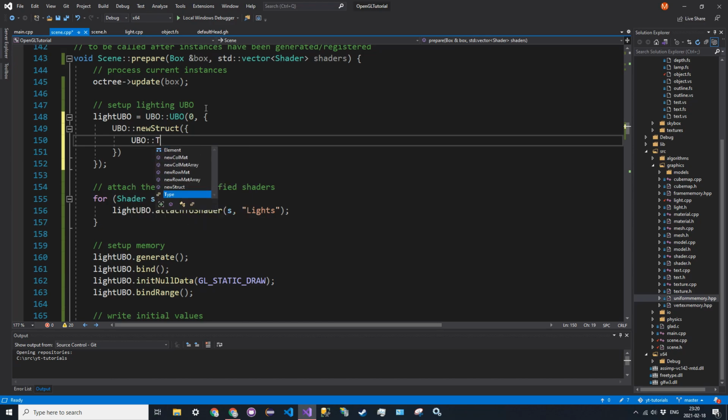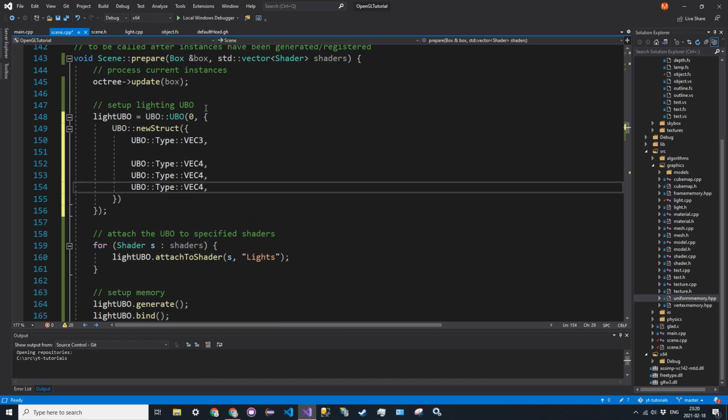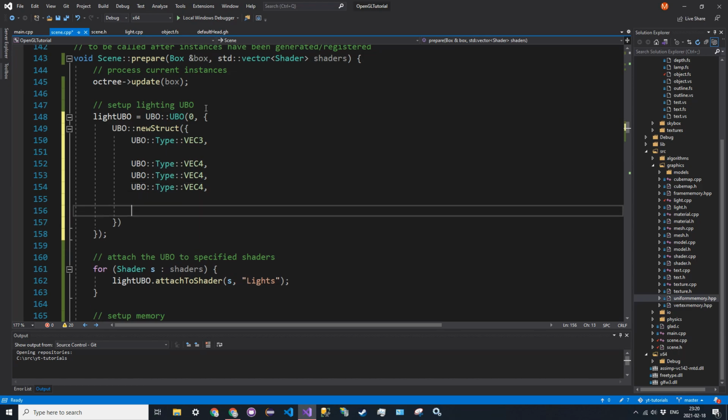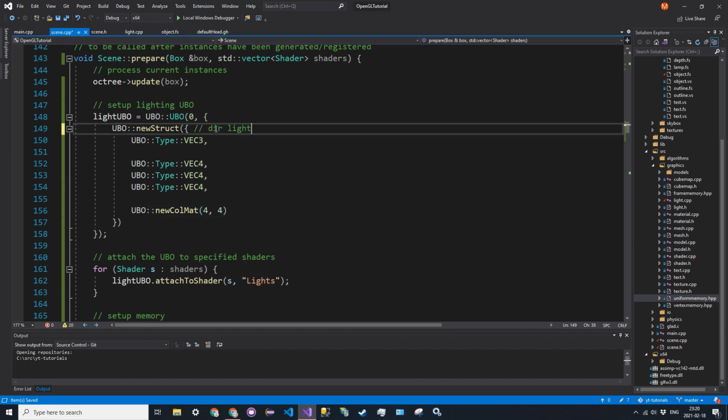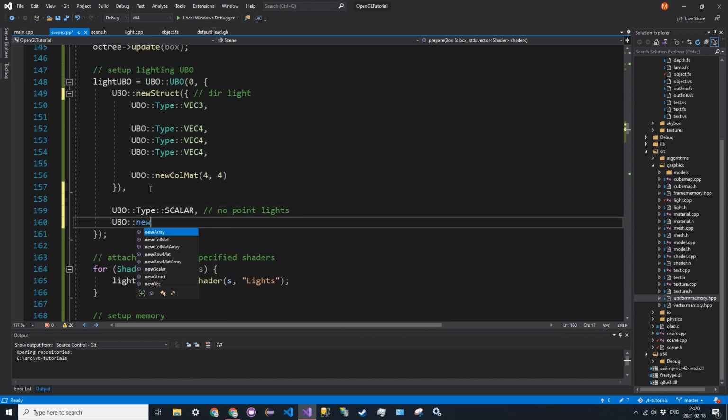So we're going to have a UBO type vec3 for the direction, then UBO type vec4 3 times for the ambient, diffuse, and specular lighting values, and then UBO new call mat with 4 columns and 4 rows, and this corresponds to the light space matrix. All right, then we're going to have our scalar, so UBO type scalar, and this corresponds to the number of point lights. Then UBO new array, and the size of this array will be max point lights,